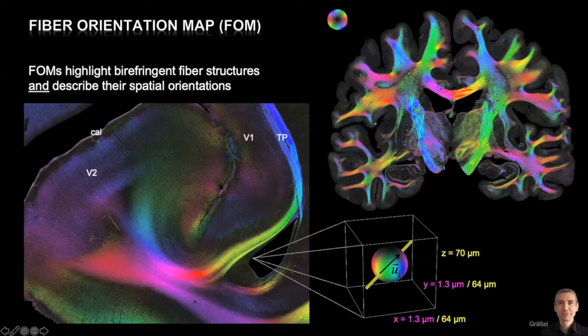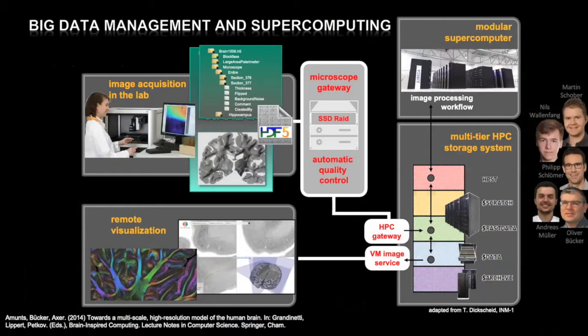And this is what we always try to do, making measurements at both resolutions, so that we always have these different scales available. As you can imagine, measuring an entire human brain, which is one of our final goals, is not possible without supercomputing aspects. So since we do not only have to, let's say, rebuild the 3D shape of the